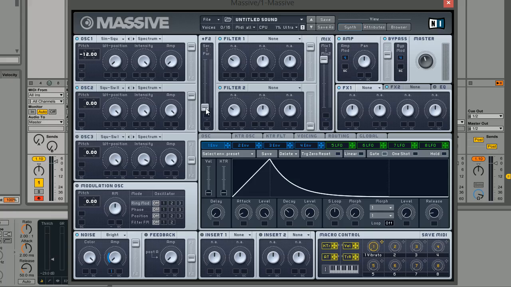We're going to make sure that the filters are in parallel. We're not going to use filter 2 at all. We're just going to use a low pass 4-pole filter, which is the most extreme low pass filter. It'll have the biggest impact on your sound. We are going to have a little bit of resonance. We're going to bring the cutoff down a little bit, and I'll demonstrate what this sounds like in just a